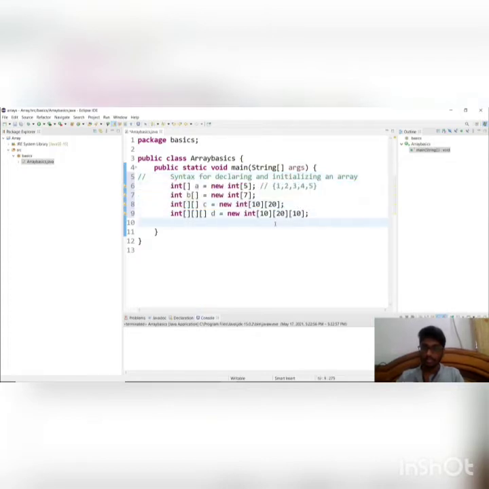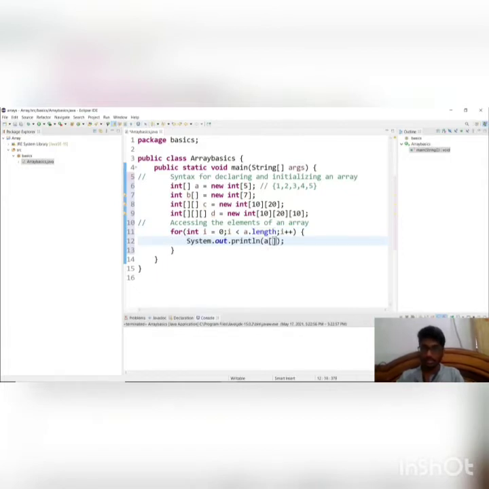And now for accessing the elements of an array, let me use a for loop to show you how to access the elements. Suppose you want to access the elements of array A. Use the for loop, initialize the iterator with 0, which runs till the length of the array minus 1, and the iterator gets incremented by 1 every time.